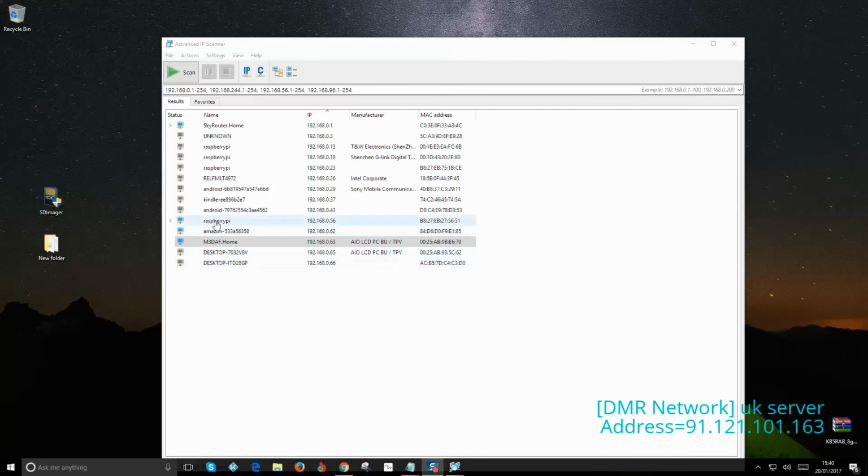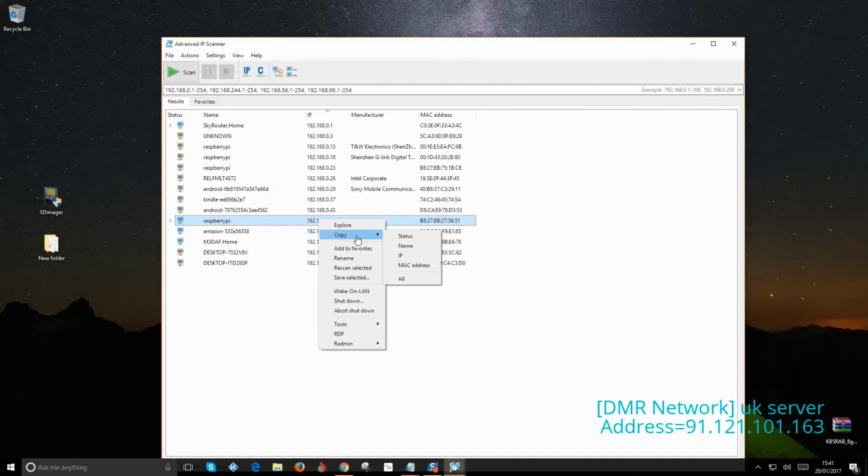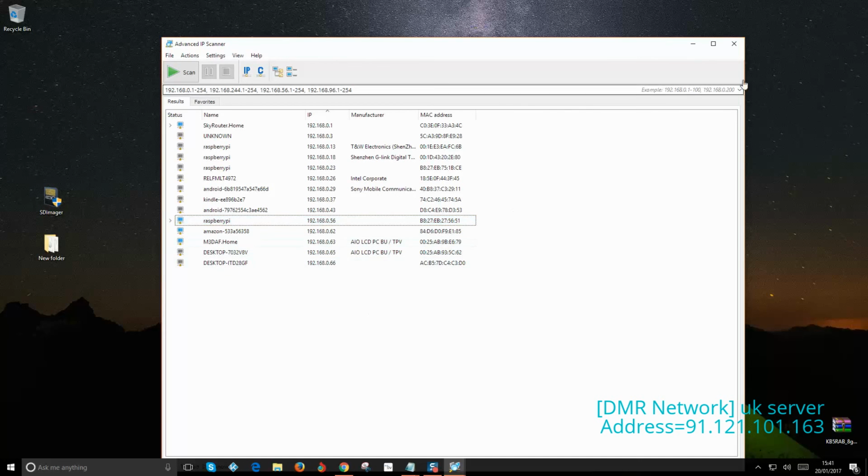Okay, so my Raspberry Pi has come up now, and as you can see, the IP address has changed because it's using the Wi-Fi and not the Ethernet cable. So what you need to do here is just left click, then right click, down to copy, click on IP, left click. That is it. So now you can close the IP scanner down,